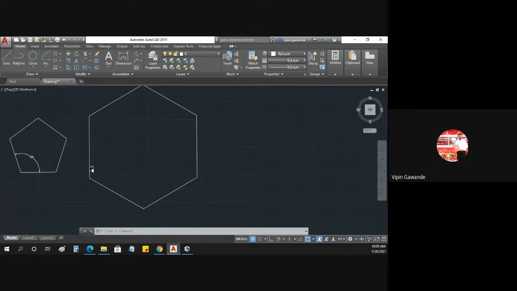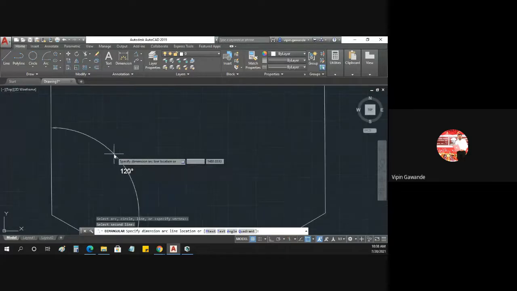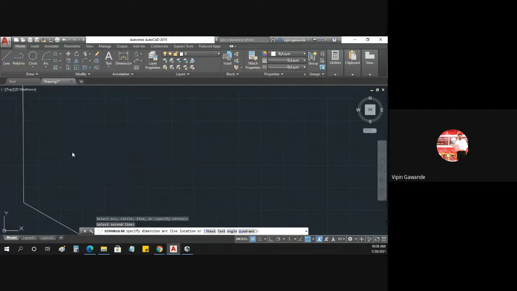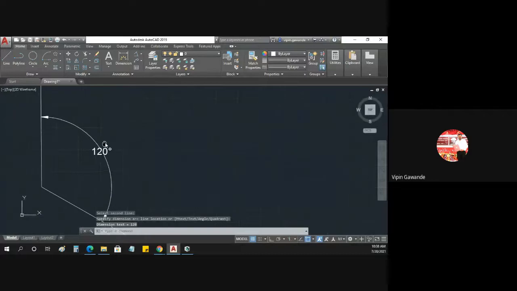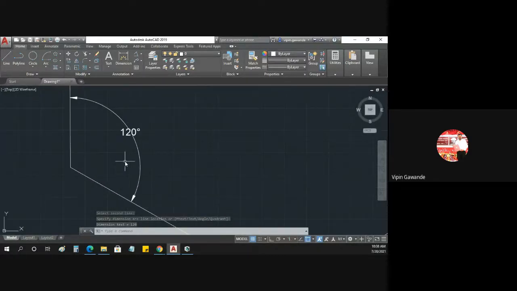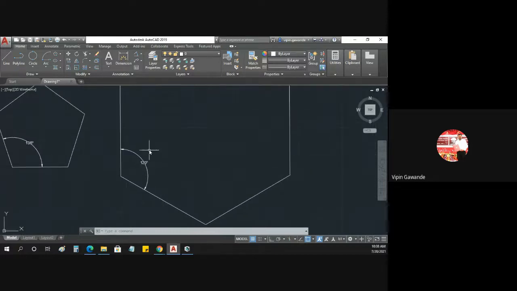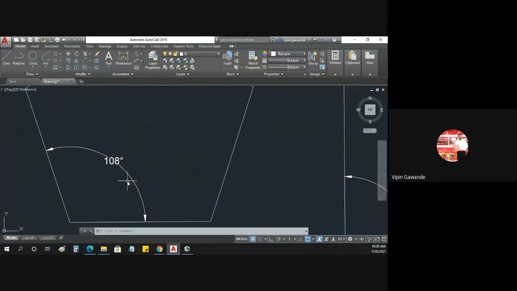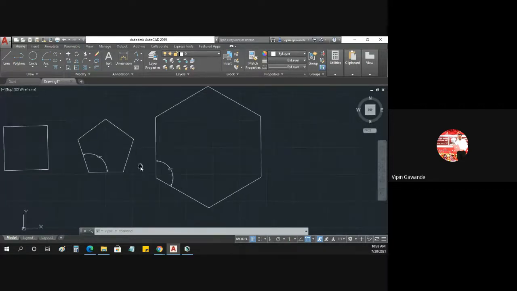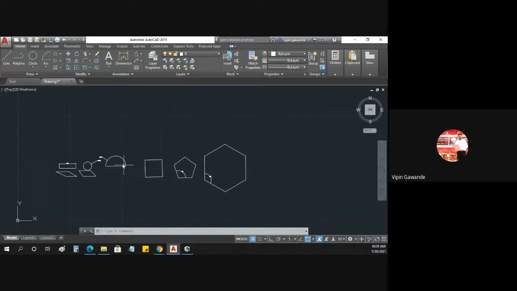Okay. Now what is the included angle in hexagon? So included angle in hexagon is how much? It is 120 degree. Okay. So this you have to remember. They will definitely ask these questions in the examination. Included angle in hexagon is 120 degree, while included angle in the pentagon is 108 degree. So these two things you have to remember here. This is very important.